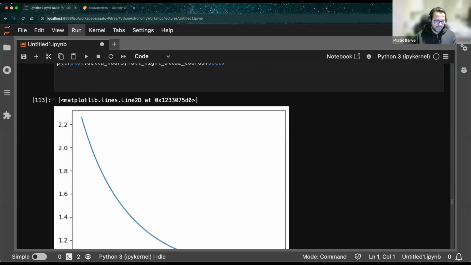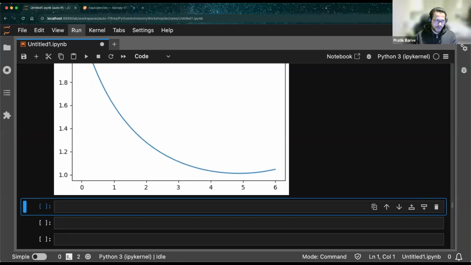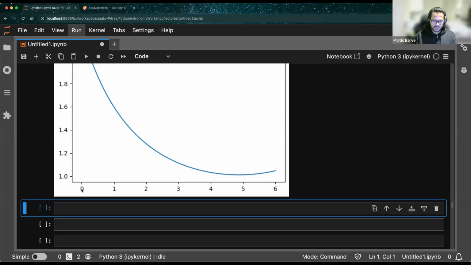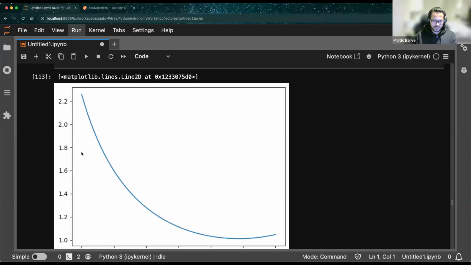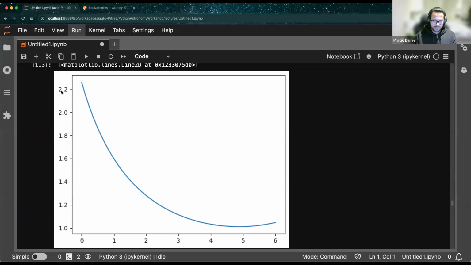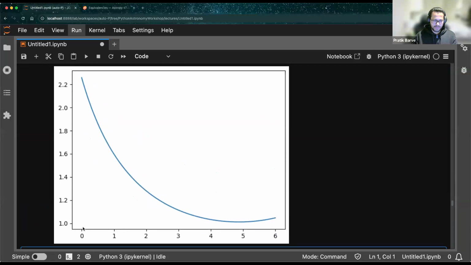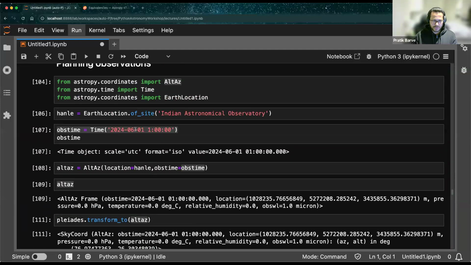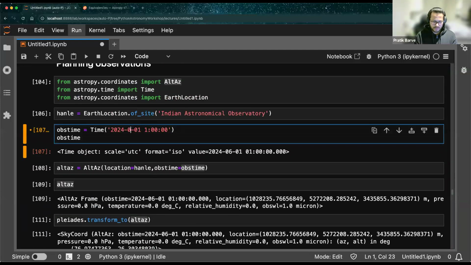So this is giving me a plot of air mass versus hour. This is from 0 to 6, starts from here. So it is telling me that I will be able to see Pleiades if the plot occurs. If I change the time here, say, I don't know, this month,